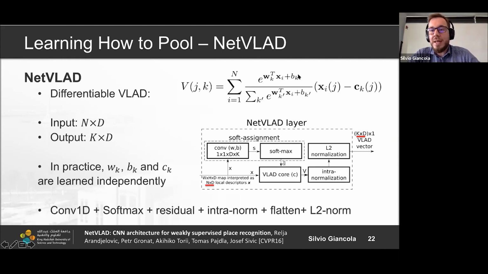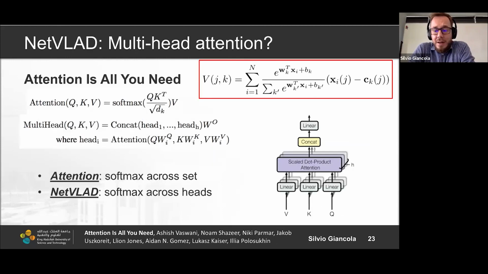Technically, W_k and b_k are functions of c_k, but for the sake of learning, there are more details in that specific paper, W_k, b_k, and c_k are actually learned independently. This is a minor trick, but actually it somehow breaks a little bit the insight that was brought in with VLAD. And actually this concept of cluster might not be exactly what's happening here because you are breaking that dependency between them. Anyway, that being said, I do believe NetVLAD is very powerful, and actually there is some link